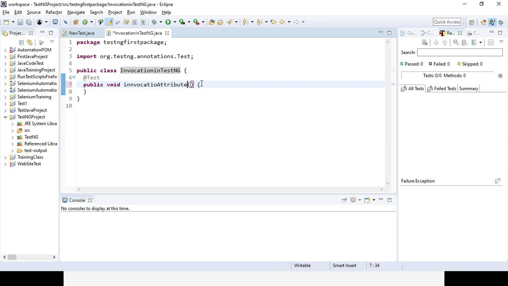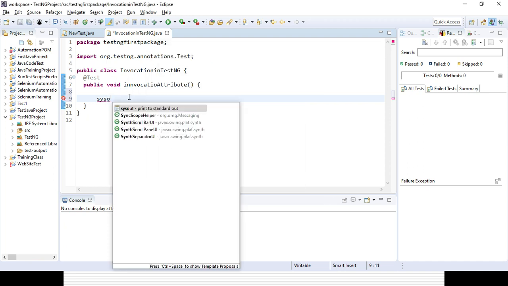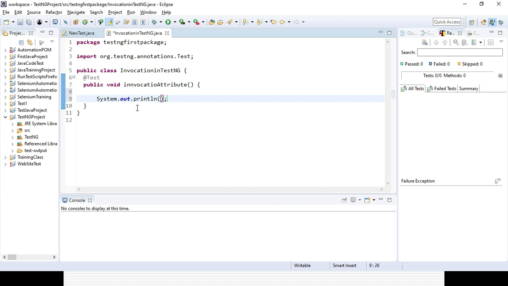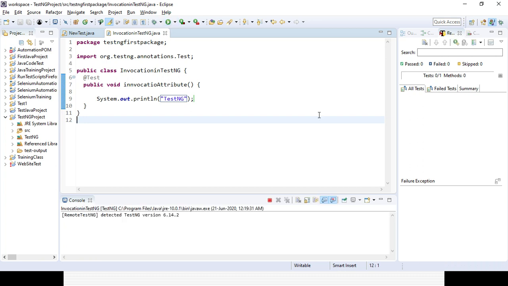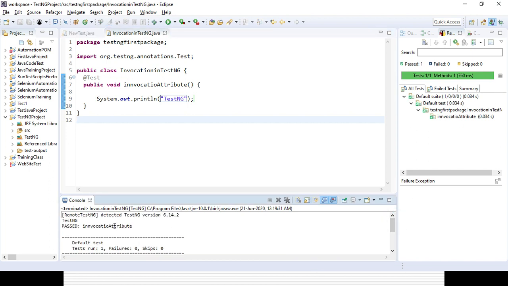Suppose I just want to print the word TestNG in the method. If you run it, you can see in the console the test case passes, the word TestNG is printed, and the invocation attribute method passes.